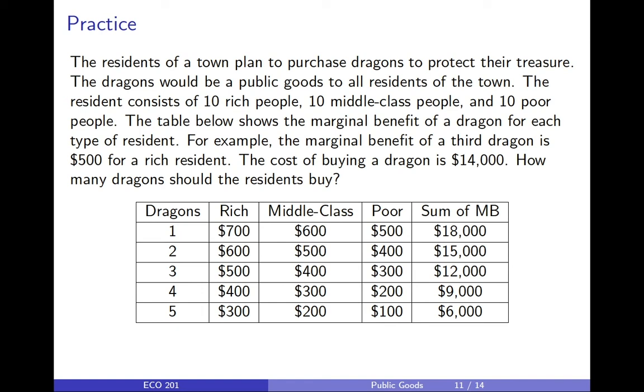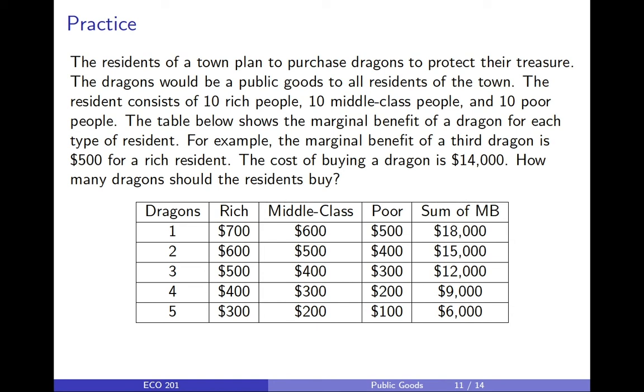When we add up the marginal benefits, we need to remember that we have 10 rich residents, 10 middle-class residents, and 10 poor residents. For example, when adding up the marginal benefits for the first dragon, the total marginal benefit for the rich residents is 10 times $700 for a total of $7,000. The total marginal benefit for the middle-class residents is 10 times $600 for a total of $6,000. And the total marginal benefit for the poor residents is 10 times $500 for a total of $5,000. Therefore, for the first dragon, the grand total marginal benefit is $7,000 plus $6,000 plus $5,000, which is